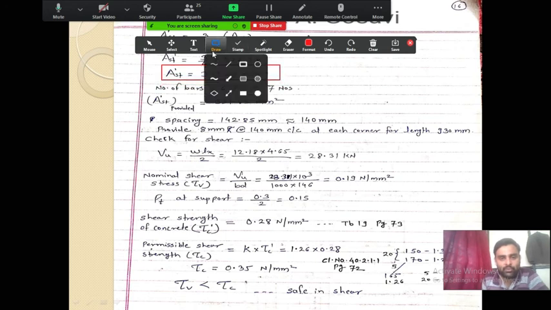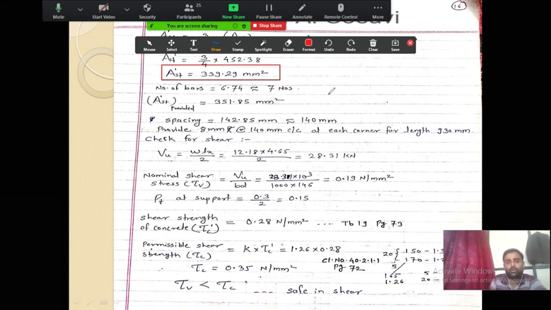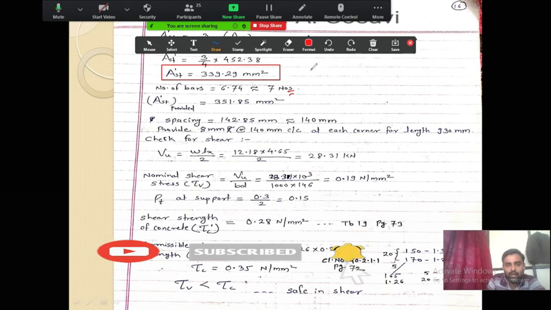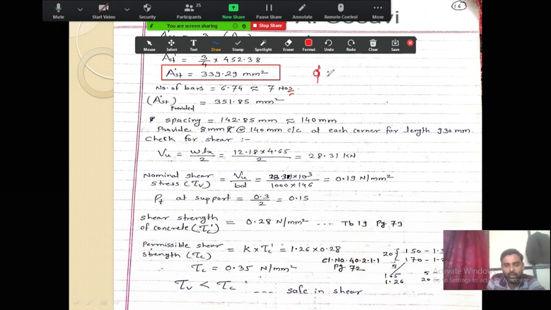339.29 mm square. So for this we now need to calculate the number of bars, and the number of bars works out to be 7. What is the bar diameter assumed? Here the bar diameter phi is taken as 8 mm. So from that we have calculated 7 bars. So AST dash provided is 7 into pi by 4 into 8 square, which is 351.85.